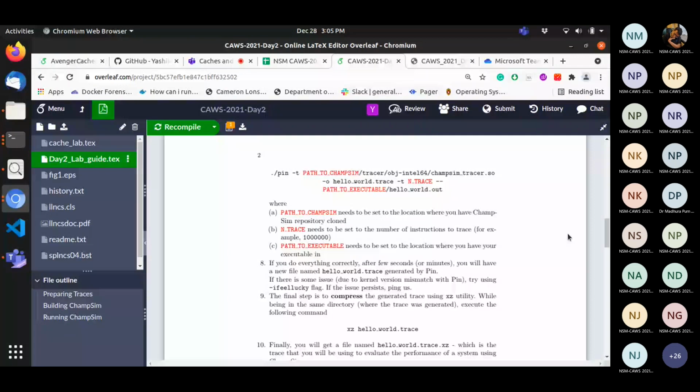By the way, if you're generating more than one trace, you can execute the command as a background process. Just provide an ampersand after your command, and it will run as a background process. I am assuming all of you are using laptops with multiple cores. So whenever you are using any command line commands through your terminal, just put an ampersand at the end. It will create a background process, and there's no need to wait for one process to get over. You can run multiple processes.